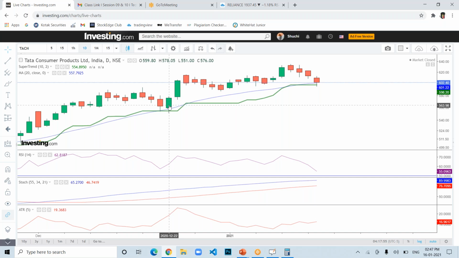Stochastic blue line is greater than the red line. Price is making a low below the super trend. Price is above the super trend. The super trend line is below the moving average line. So this is a perfect candle. Your ATR is 19.36. So 19.36 into 1.1 is your stop loss. 19.36 into 2.2 is your